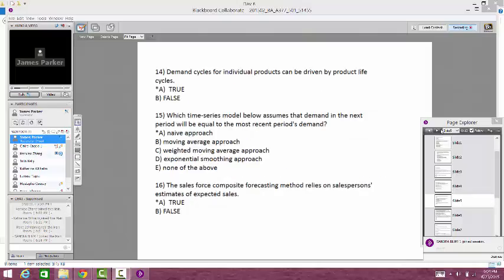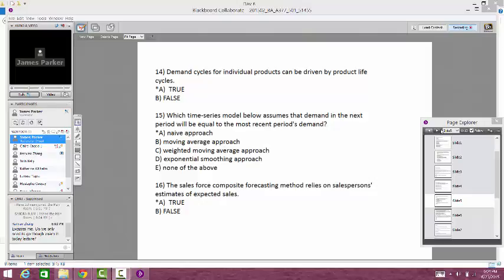Demand cycles for individual products. Yep, driven by the product life cycle. Time series. Use the naive approach. The naive approach is something you would use if you've got a brand new product, or fairly new. You've only had it for a short time. You don't have much of a track record. The only data you really have to go with is the previous months. You could go with that period. So if it's a very volatile type product, you wouldn't want to